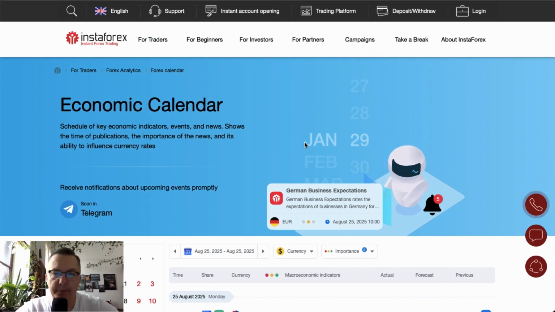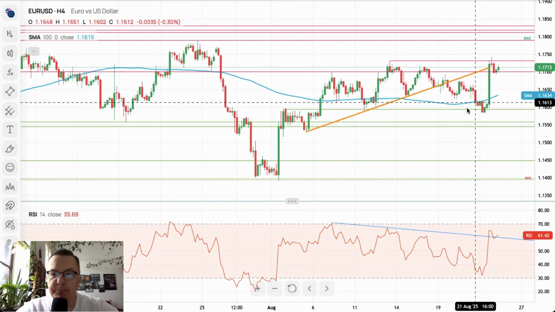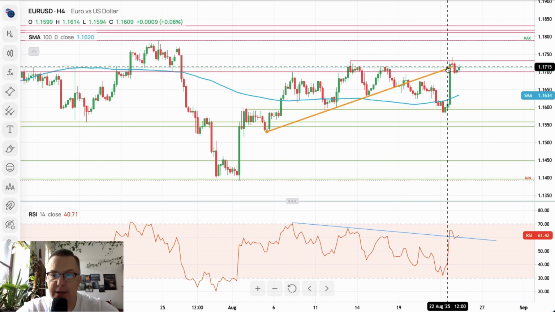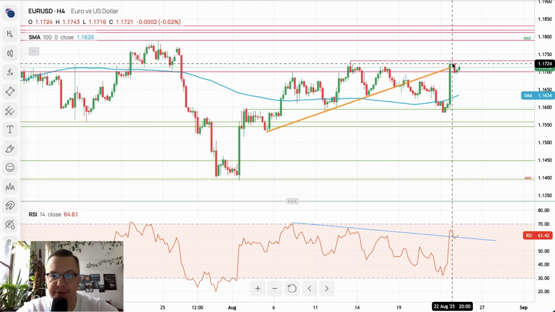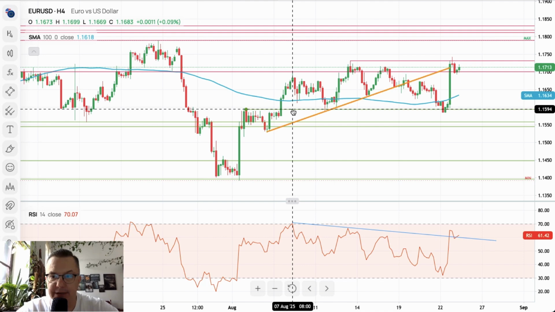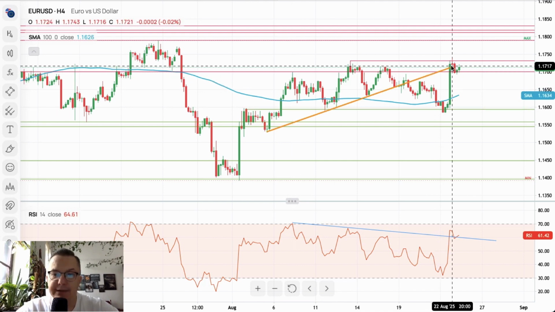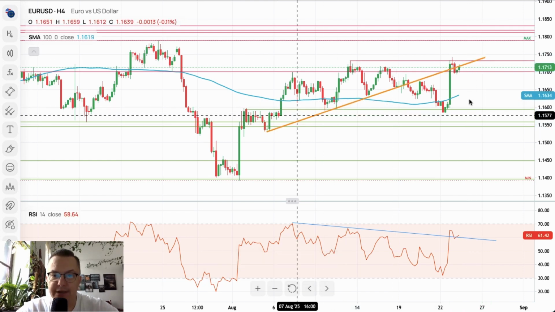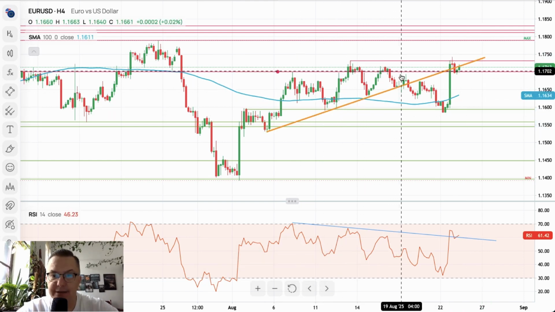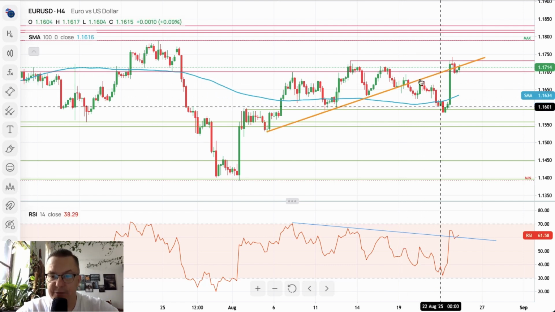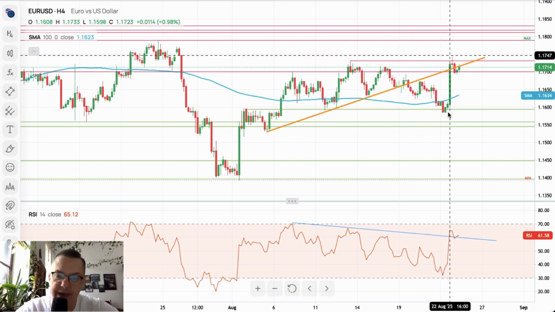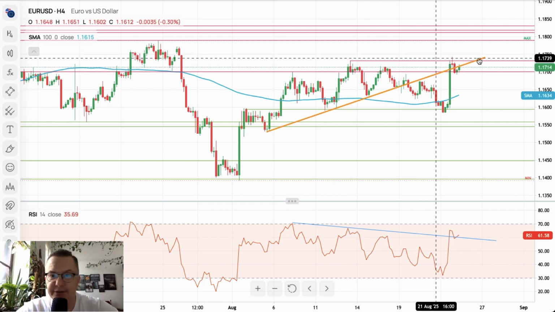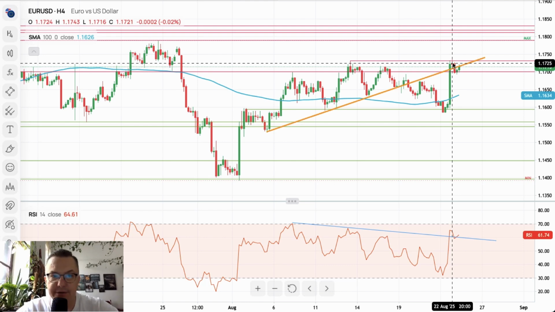We start with euro dollar. Euro dollar bounces overnight, at the end of the Friday session, towards the level of 1.1743 after the technical support at the level of 1.1594 has been established. Let me just move this local, internal trend line right now, so you can see that we've been bouncing from this trend line for quite some time. Then there is a breakout, then there is a test, then there is movement towards the technical support, and now the rally higher.